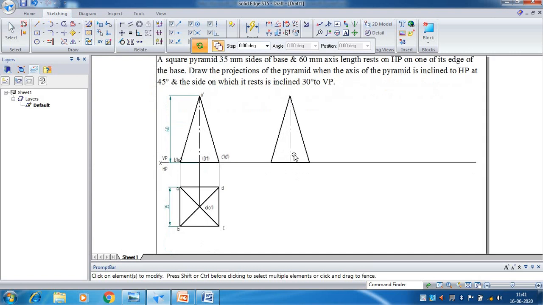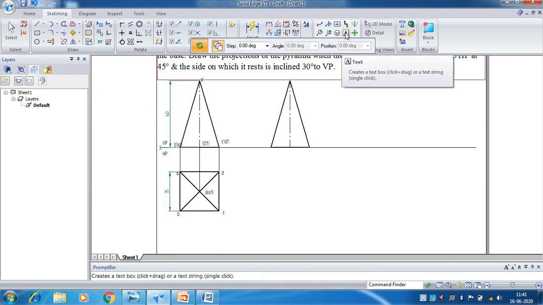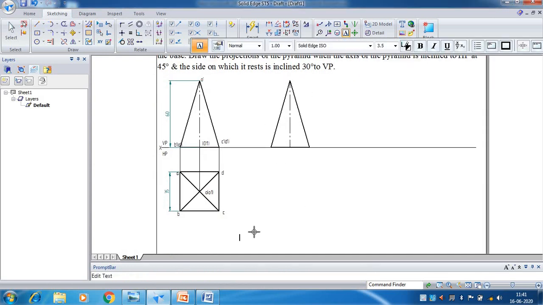The base edge angle will always be 90 minus theta, where theta is the angle with respect to HP. So 90 minus 45, 45 degree will be the base edge angle.